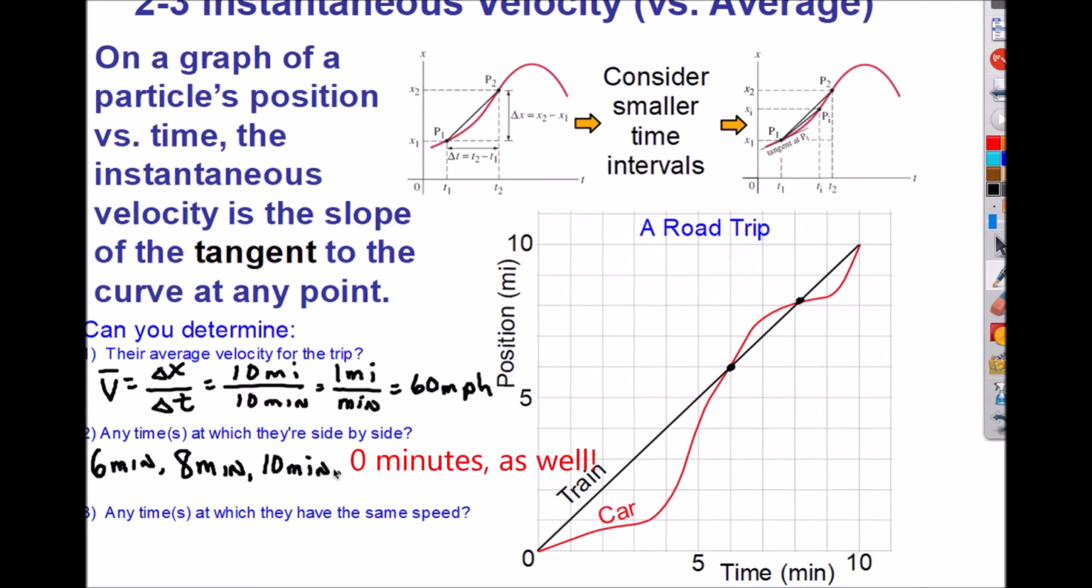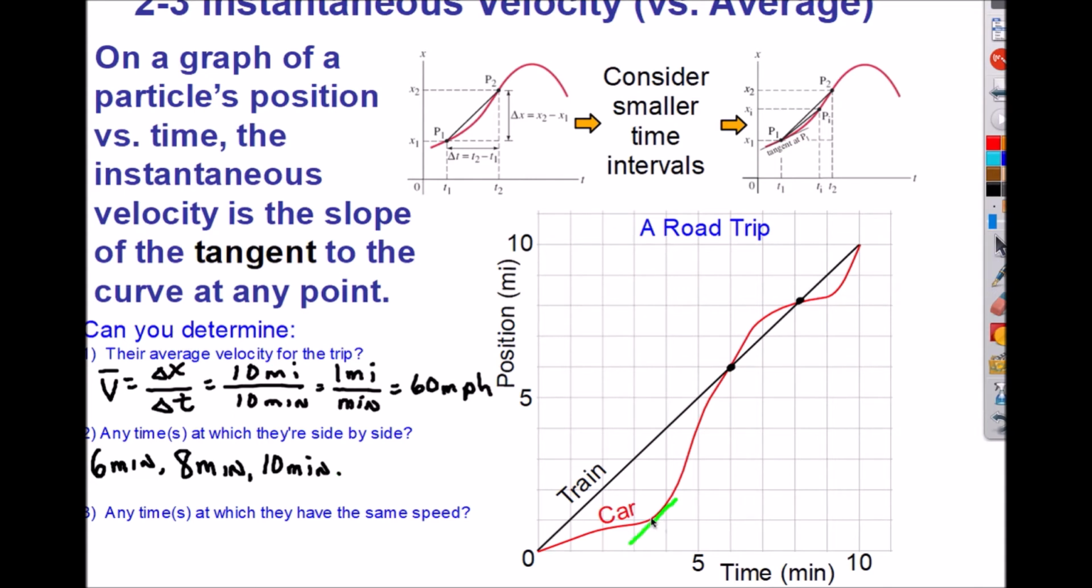And now this last question, which is what this slide is really about. Are there any times at which they have the same speed? So the engineer on the train is looking at the speedometer of the train. It always reads 60 miles per hour. In the beginning, we can see the driver of the car would notice the speedometer reading less here, but it looks like right around here, I'm going to change this up here to a different color, maybe right around here,